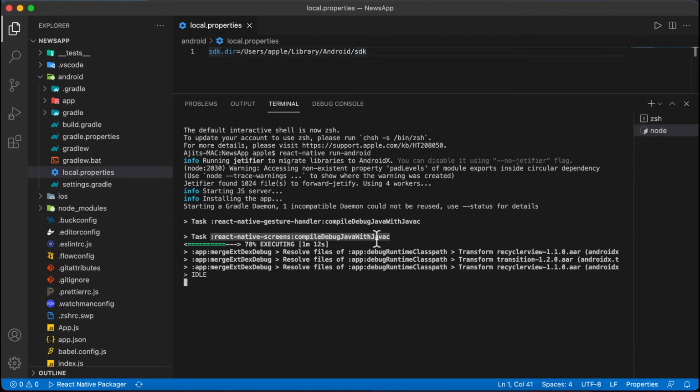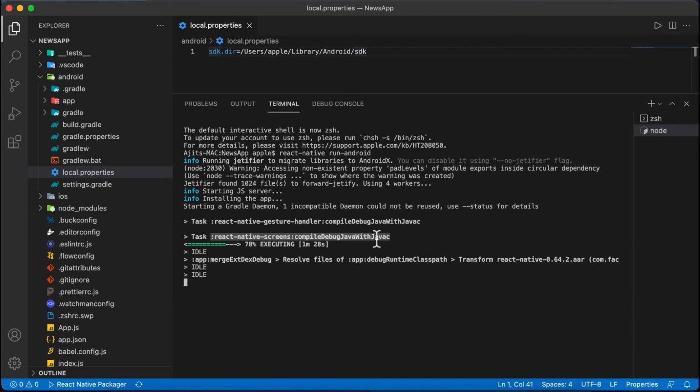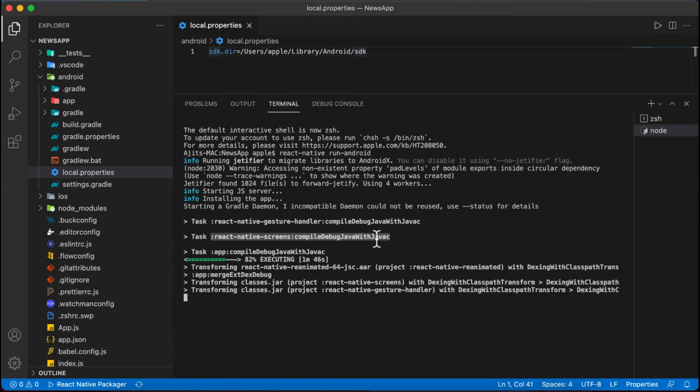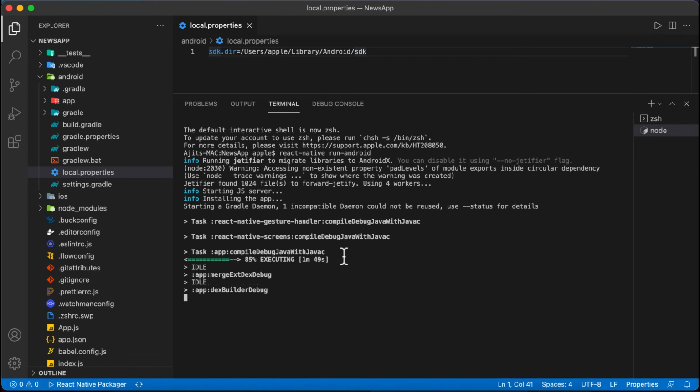You can see, if your system has some issue during the setup, like if you have forgotten to set up your Java home path, then you will face some issue.